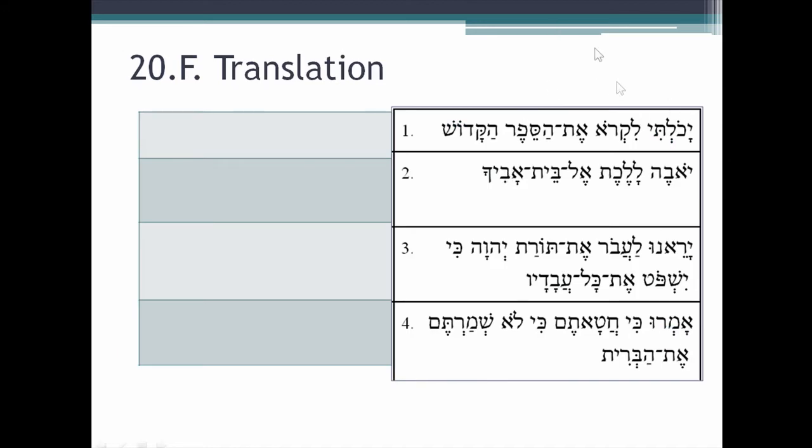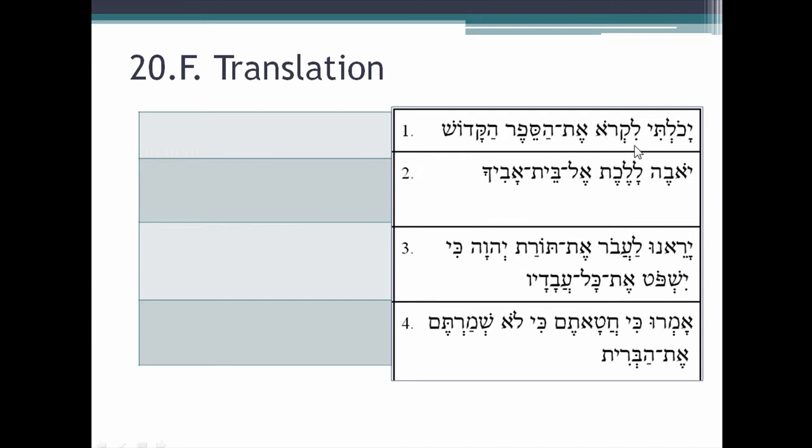Translation. Number 1 here, we have yakolti likro et hasefer hakadosh. So we have yakolti. Here's our verb form. We can tell by the ending. And we can also tell by the ending by now that it's going to be a kal perfect first common singular. You could ask, do we have a prefix? And again, yod is a candidate, but the ending in this case will tell you that it's a kal perfect. So, your vocabulary, I am able,